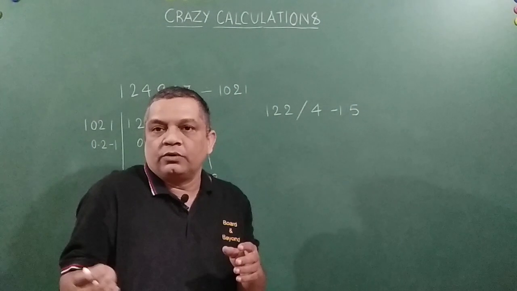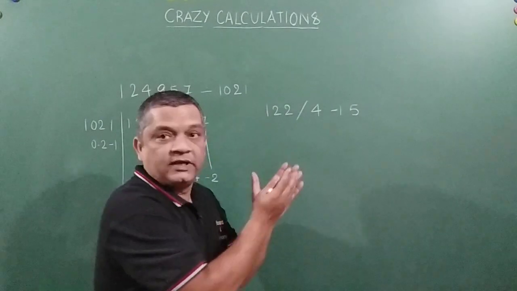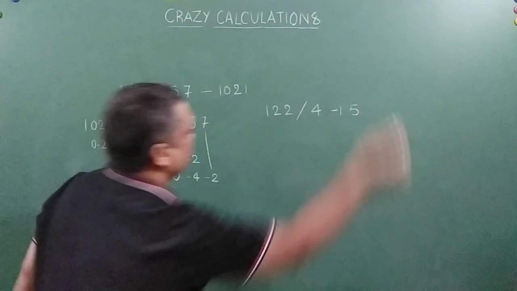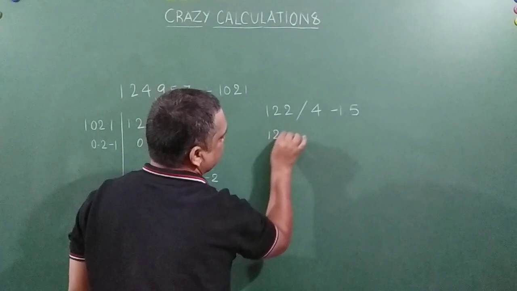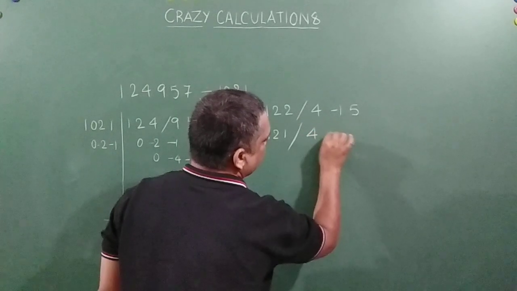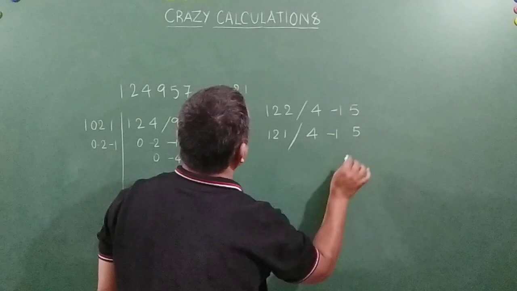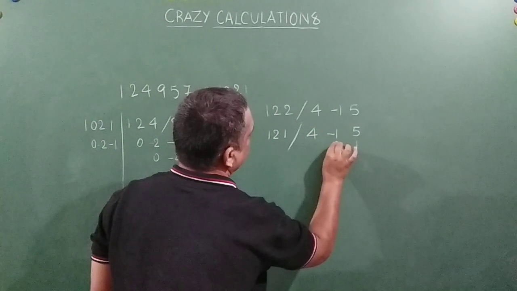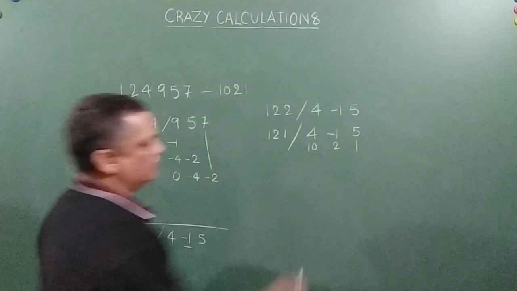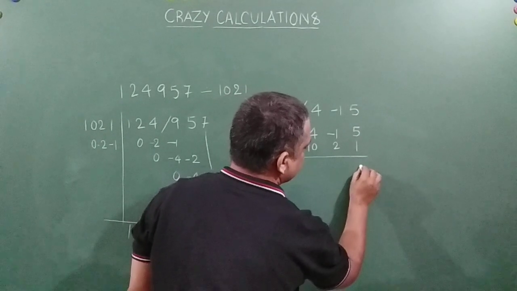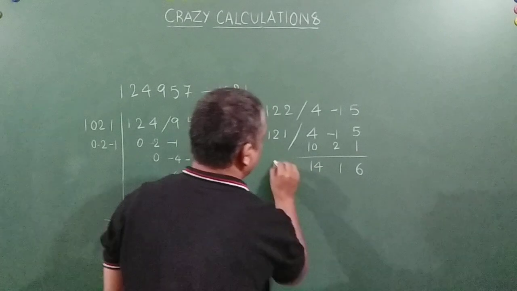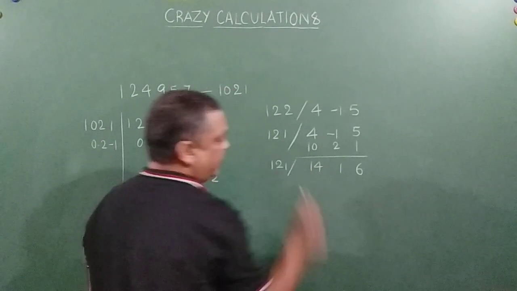So what I am going to do is that I am going to take out 1 from here and that 1 is equivalent to my divisor. Correct? Okay. So what I'm going to do is that I'm going to make it as 121. Okay, this becomes 4 minus 1, 5. I'll write it from right hand side, 1, 2 and 10. Correct? Now let me treat this. This is 6, this is 1 and this is 14. 121. Right?